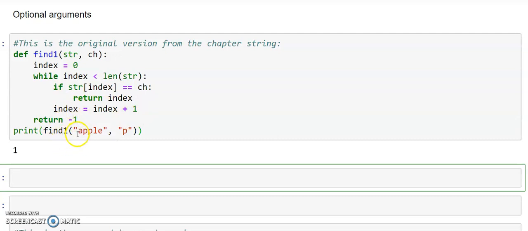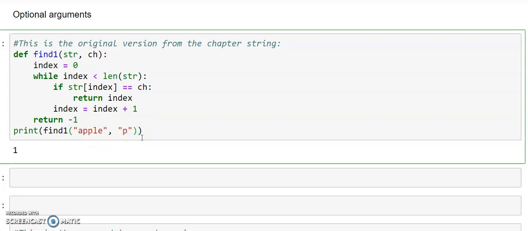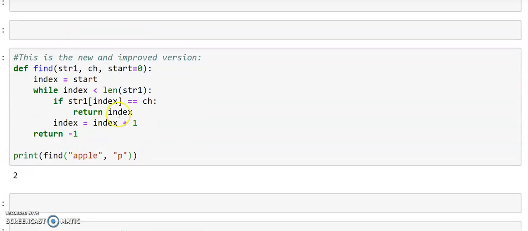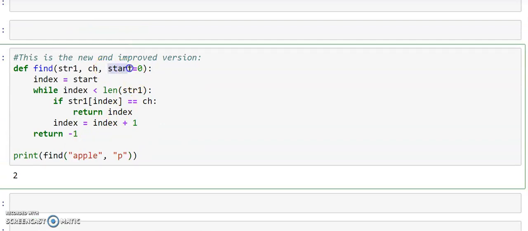In this function we have written, we are passing 2 parameters, the string and the character. If I want to write this with an optional parameter, I want to add the next parameter, like let it search from the index 2, because I need to find the next occurrence of P if it is in the string, or there is no such occurrence, whatever. This modification cannot be done here because the parameters are fixed. But how can we add this option into the user defined function? This is how we can write the optional parameter in this method, in this way.